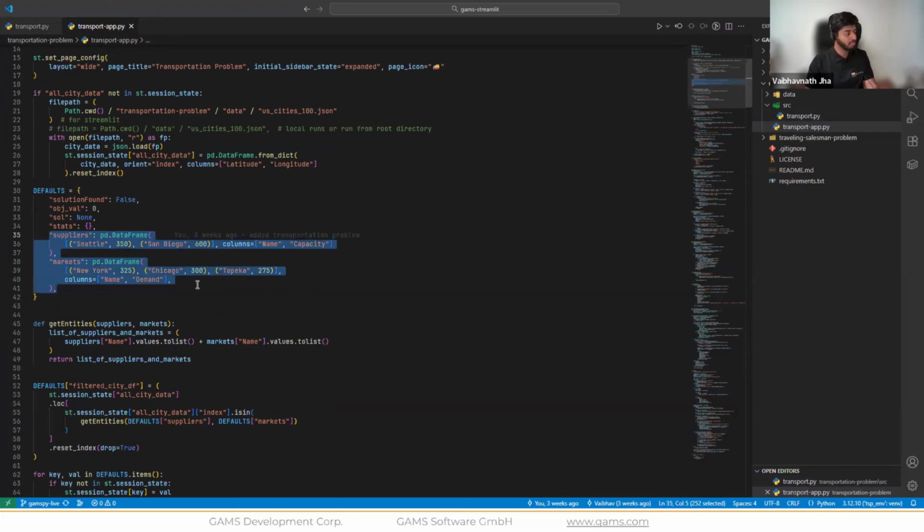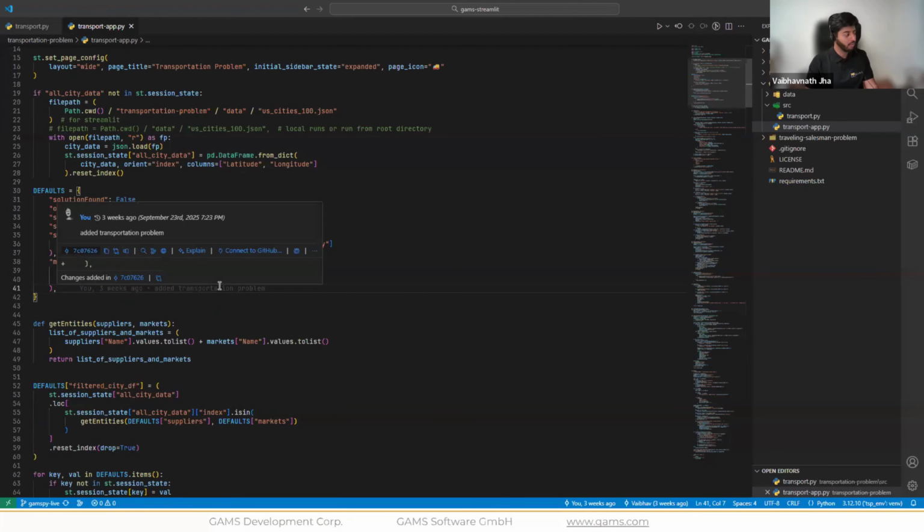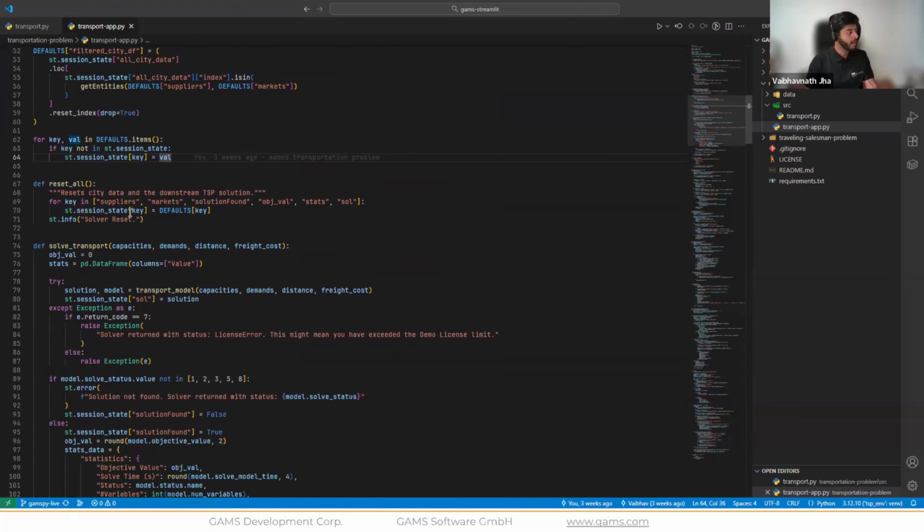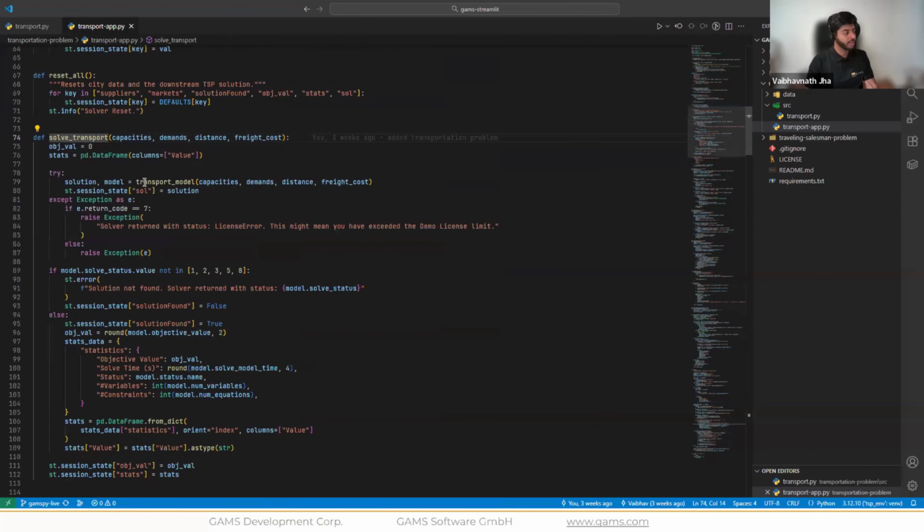We specify some default data. Then we set some session states, like how it should start and how it should behave once we solve the model. And this is the main wrapper function, which wraps around this transport model, which we define in the other script. We call this function with the same parameters, and we just keep changing them if we want to change the data.